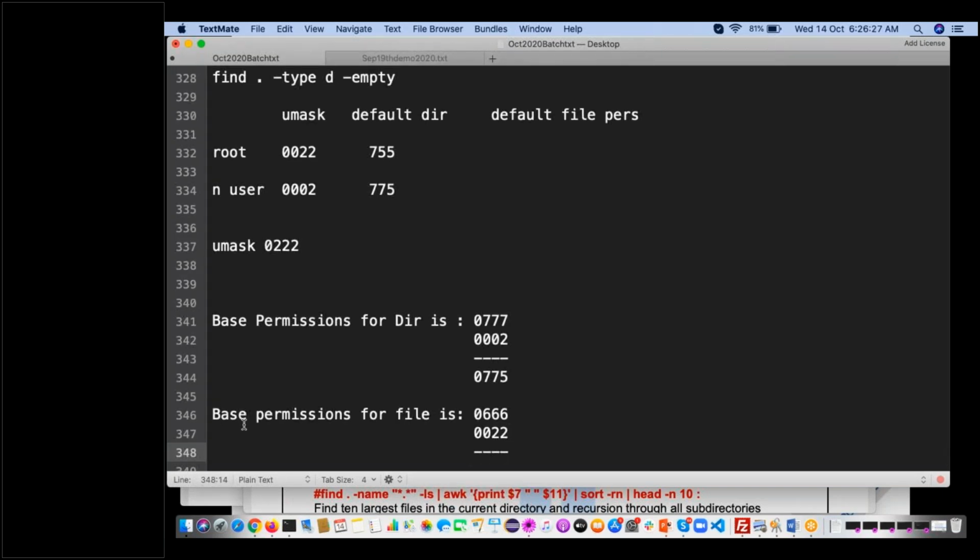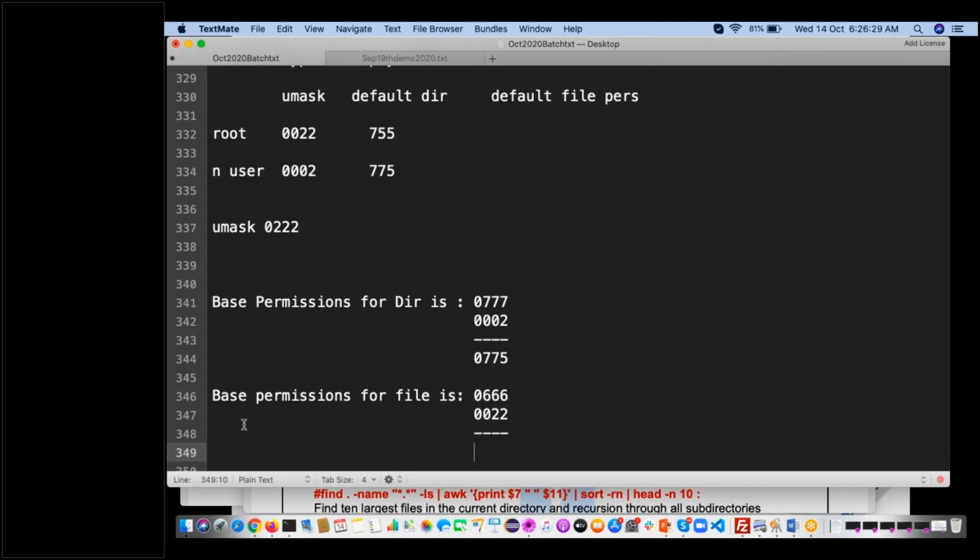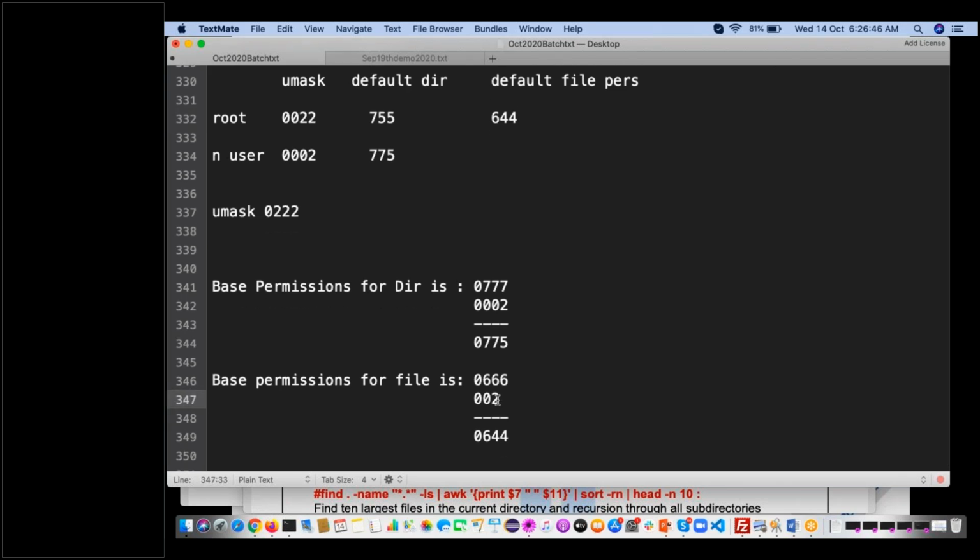Subtract that umask value from the base permissions and you get 644. So if you create a file with the root user, the default file permissions are 644. Same way, if you create a file with the normal user, the normal user